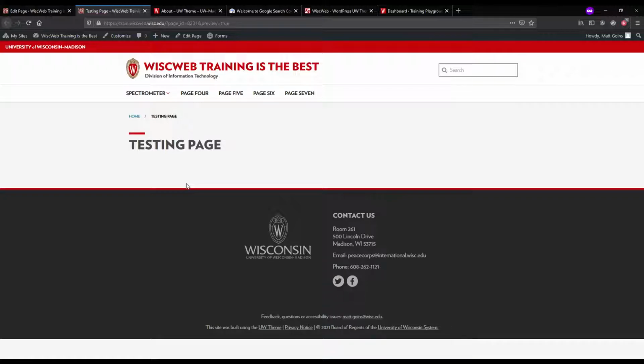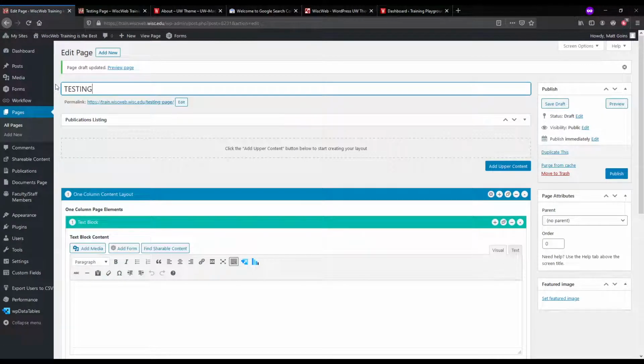And then the other more prominent issue is if you were to do this and this becomes your title of your page, when a person who has a vision disability and is using screen reader software to view your site and have that text read back to them, a screen reader will sometimes struggle with reading this as testing page and instead could read it back to you as an acronym or an initialism, and so it will spell out the word rather than say the word.